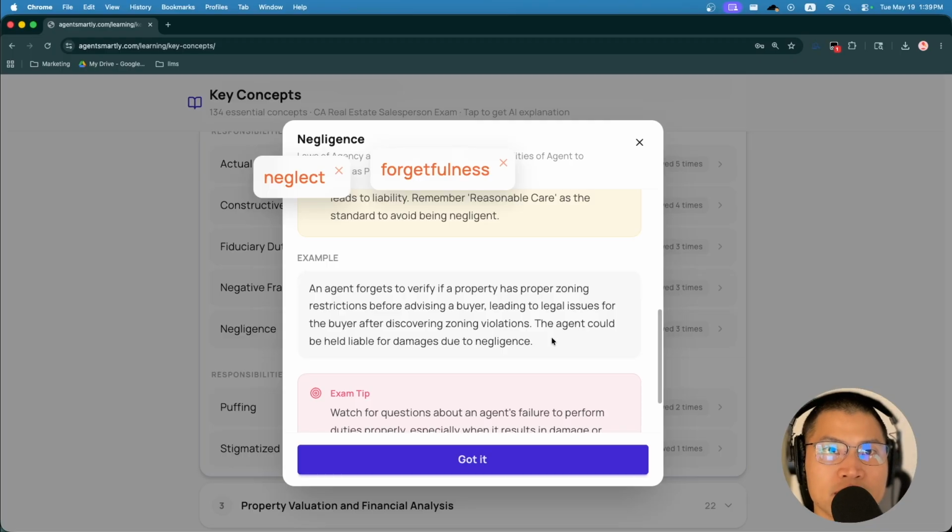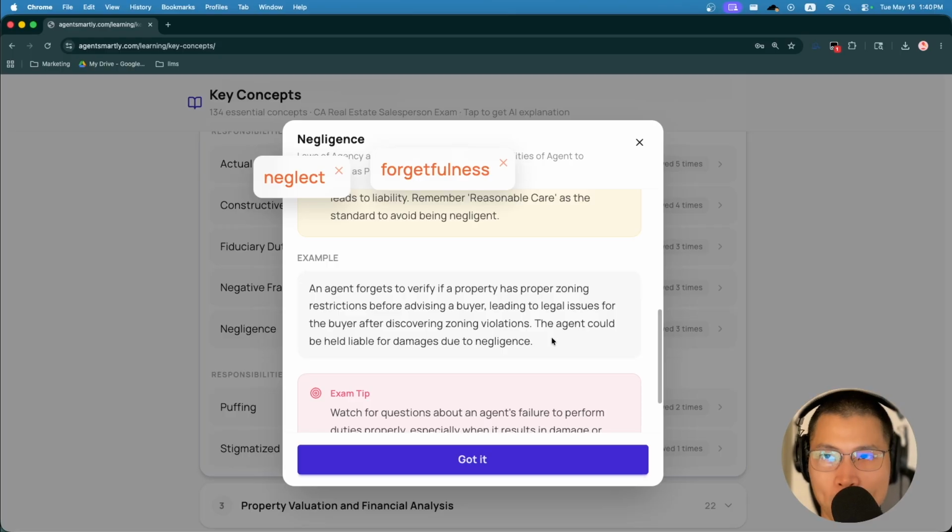Let me give you guys another good example. Let's say you represent a buyer, and you bring the buyer to an open house, and the buyer really likes the home. Then you ask the seller, the owner, hey, is this ADU, the house in the backyard, permitted? The owner tells you, yes, it has a permit. But out of laziness, or because you're so busy, you didn't go to city hall, the permit department, to check whether this is true or not, right?